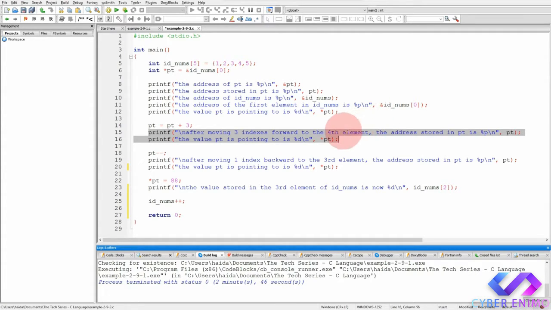So we print the address of the 4th element on line 15, and we will print the value that the pointer pt is pointing to on line 16. This value should be the same as the 4th element in the array idNums, so we should expect that value to be 4. Next,